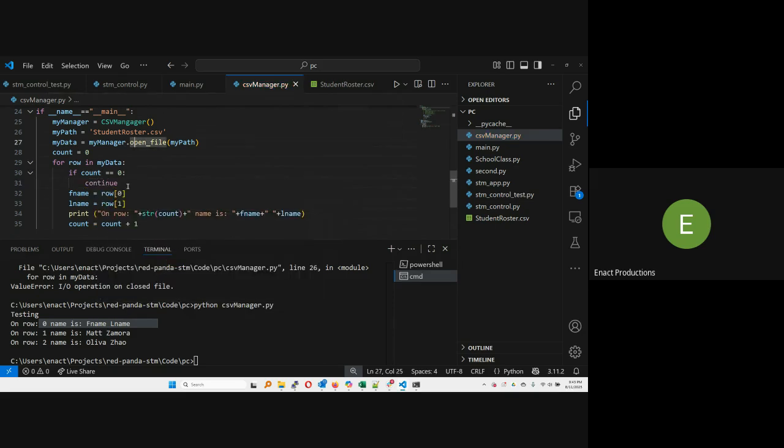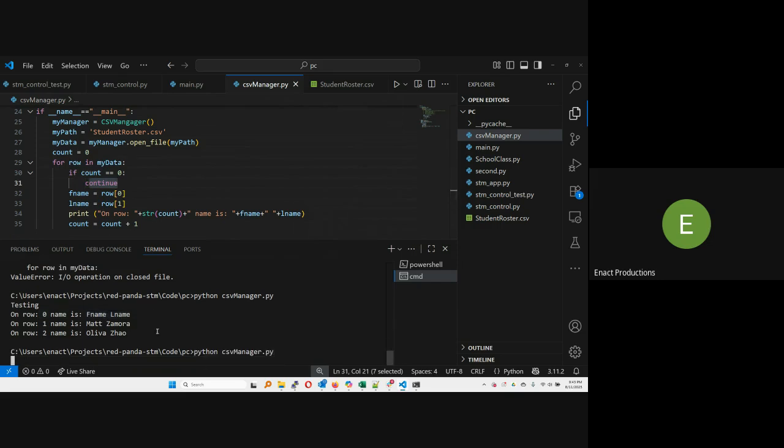Continue is a special word. You use it in loops, and it basically passes this iteration. It's kind of like a mini return. It just breaks the execution of this loop and moves on to the next iteration. So continue continues past count. So if we run this again,